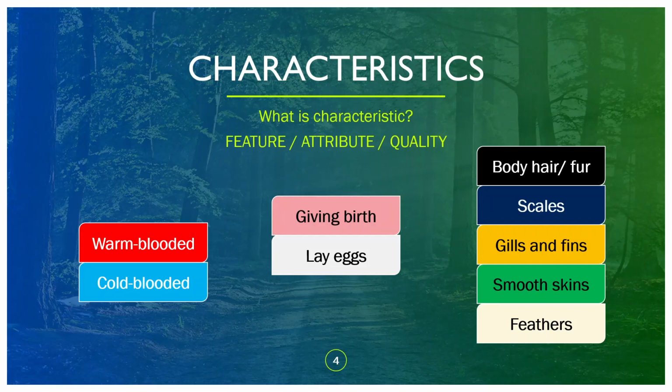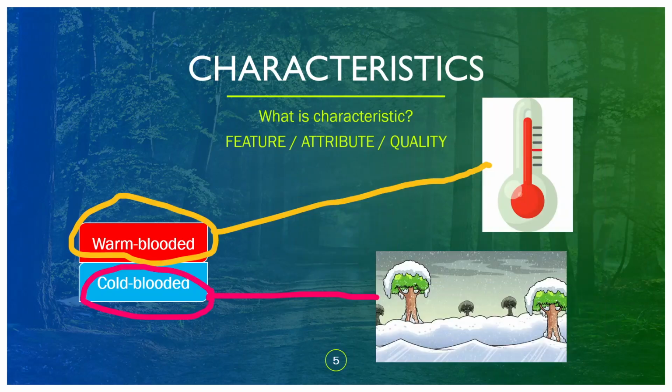Okay, so I divide them into three different segments here. The first is the blood type, the middle one is whether they give birth or lay eggs, and the last one is the physical appearance of the animal. Okay, so we go next. So first,